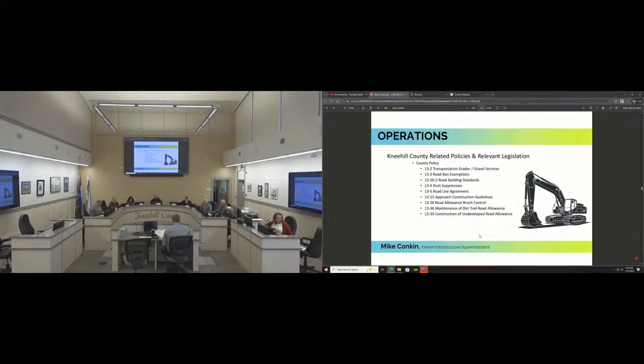We've got our road building standards, which give us a standard that we're building to, so everyone's on the same page. Dust suppression: that policy goes over residential dust suppression along with commercial dust suppression. Our road use agreement policy is our newest policy. It is meant to help industry and give them some rules to follow on our road use agreements.